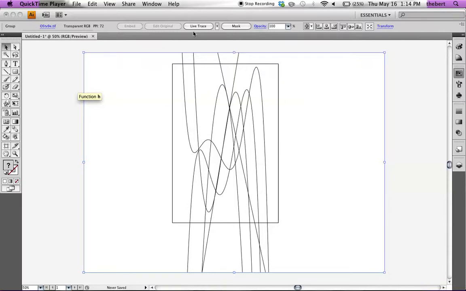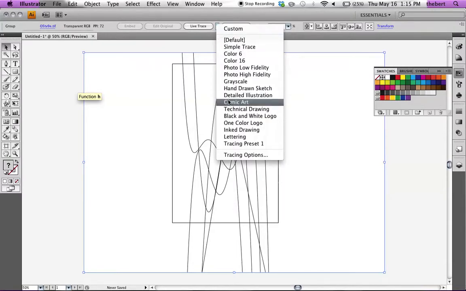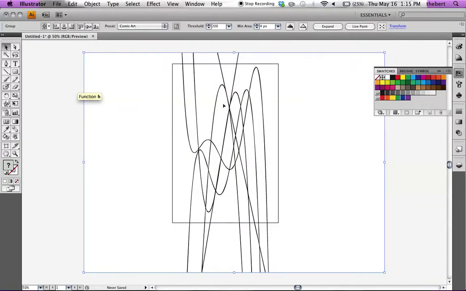Alright, so the first thing you need to do now is select the image that you imported and choose Live Trace. I like to go to the arrow and choose Comic Art, mainly because Comic Art seems to work with curves generated from GeoGebra. Now the next thing is to go right to Live Paint,